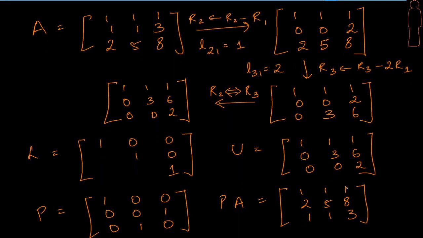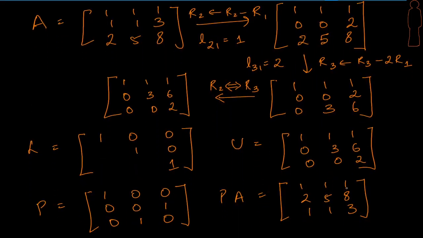Okay, here is another example. So I have a coefficient matrix. My first row operation has a multiplier of 1 by 1. So here I have written down L21 is 1, and I get this result. The next element to be eliminated is 2, so I multiply with twice, R3 minus 2 R1, because my multiplier is 2 divided by 1. I have written down that L31 is 2.